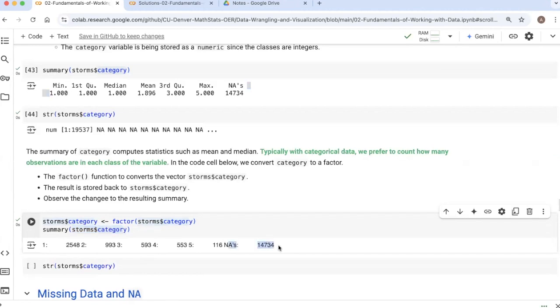First of all, there were 14,734 observations that were not hurricanes, that didn't have a category. So they got coded with NA. Okay, all the rest of the observations were hurricanes. And out of those,